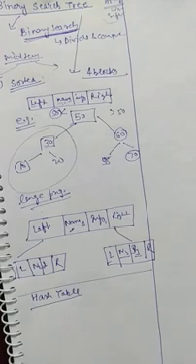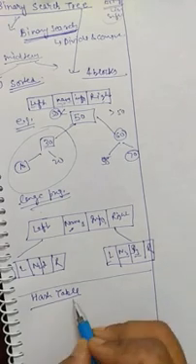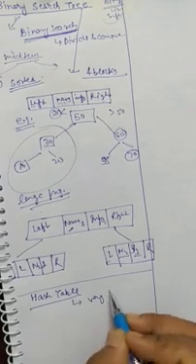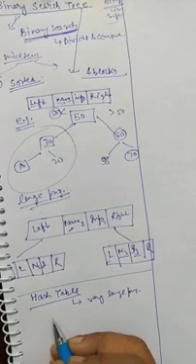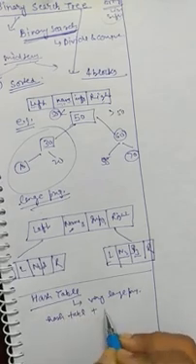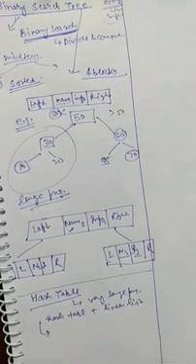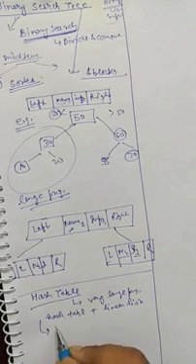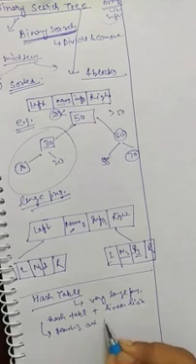Hash table, you have read into the data structure. This comes from the hashing technique. It is used for very large programs, and it is the combination of hash table plus linear list. And for searching or traversing,